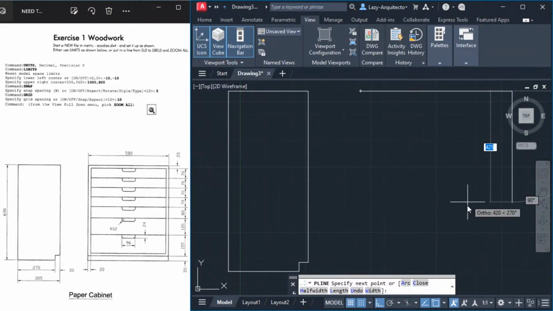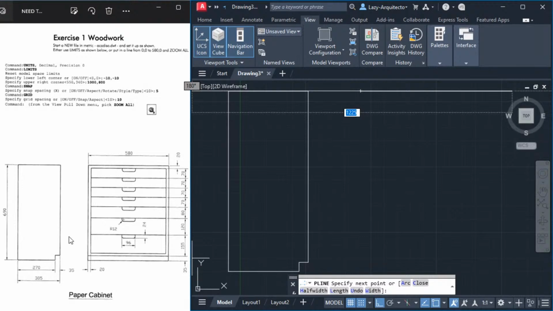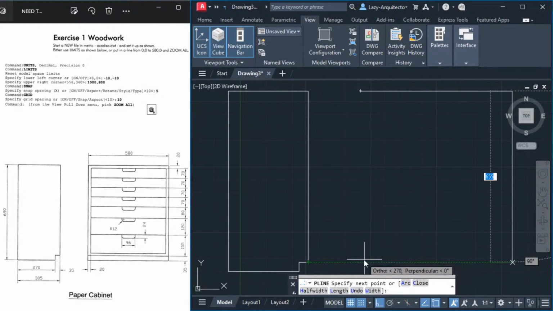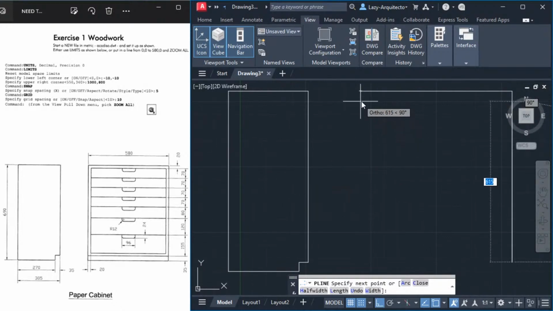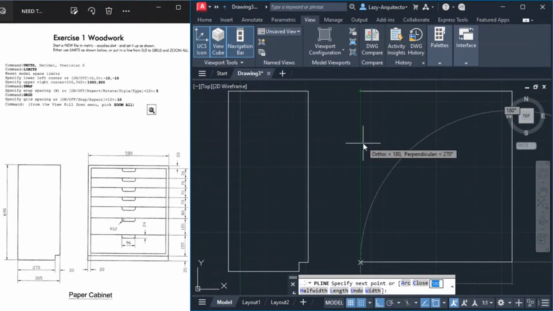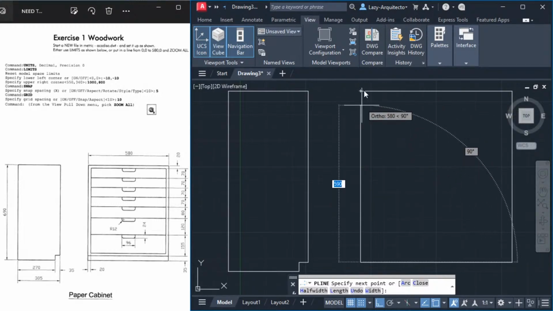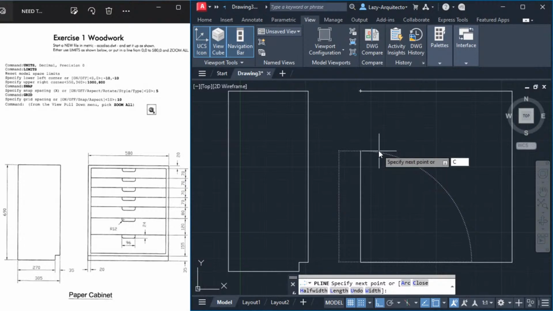Next, I need to move down. Now, I know it's 690 all the way down, but I want to stop right here on this corner because looks like there is a square right here that I can offset. So I'm gonna stop right about here on this corner then. So I'm gonna start using my extension lines like so by hovering on my other geometry, and once I see the X I can click on it. Then of course it's gonna be the same size as the top line. So again I'm gonna hover on it and move down till I see the X right there. So I'm gonna click, and then instead of trying to click again, I'm gonna simply type C to close the